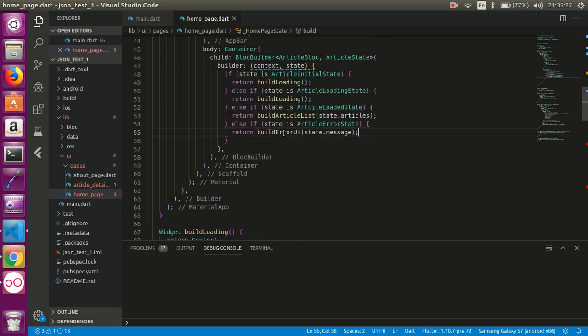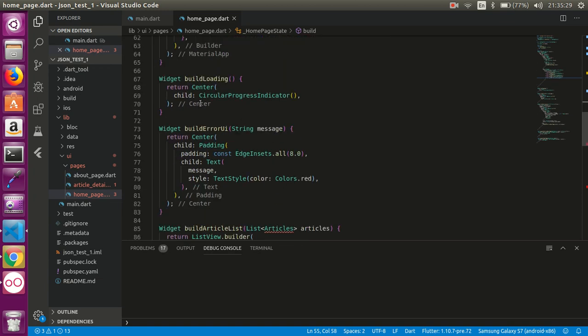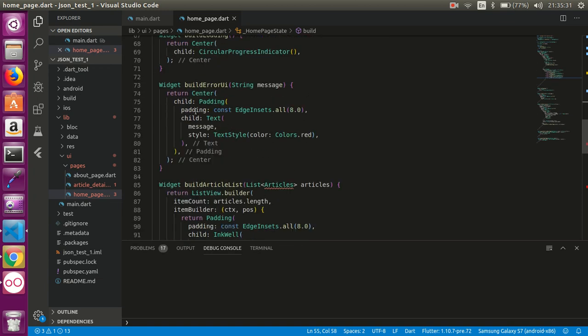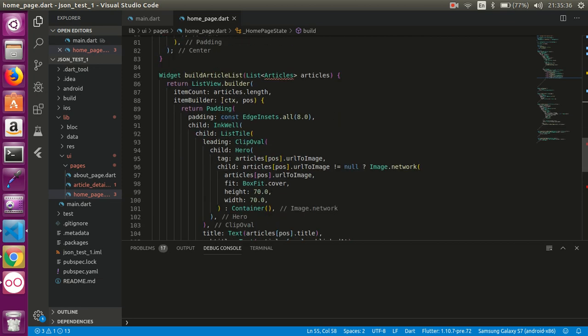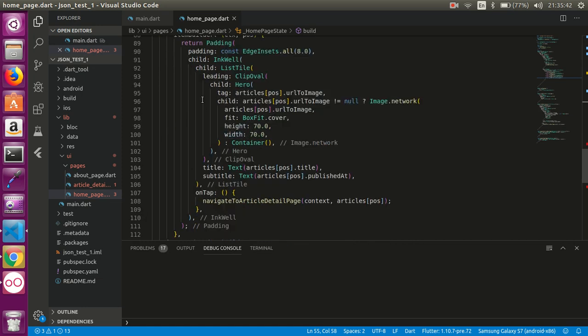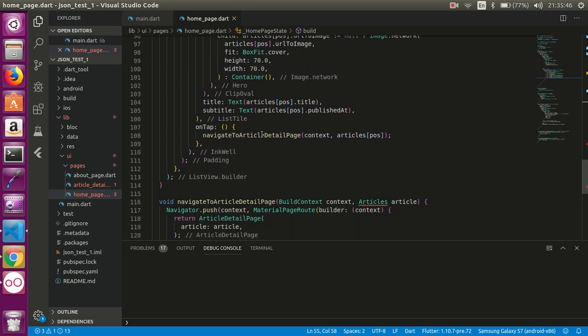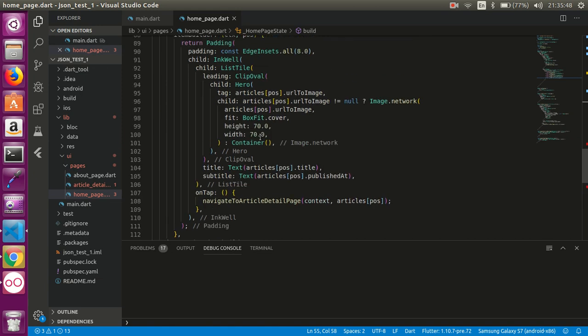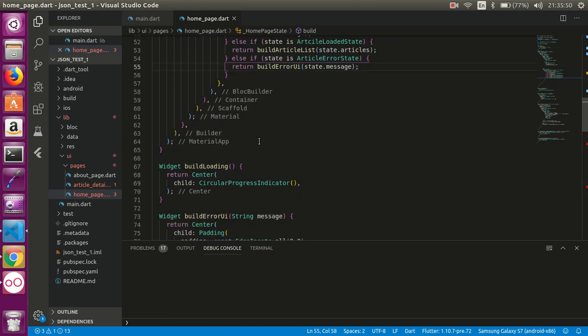So let's have a look at the UI. The loading UI is just a simple loading indicator. Error UI is just a simple text widget. And the build article list UI is a simple list view. And there I have used the InkWell list style and other UI parts, right? And that's all. But remember,